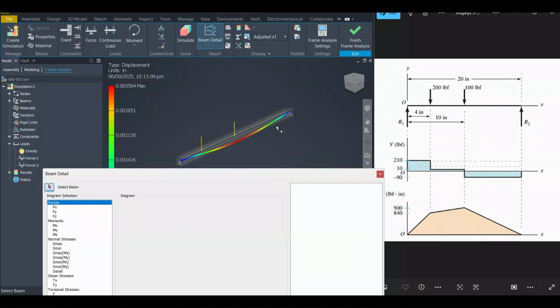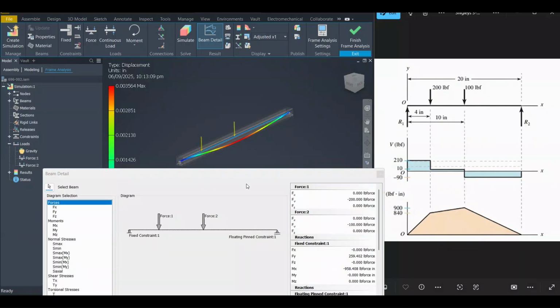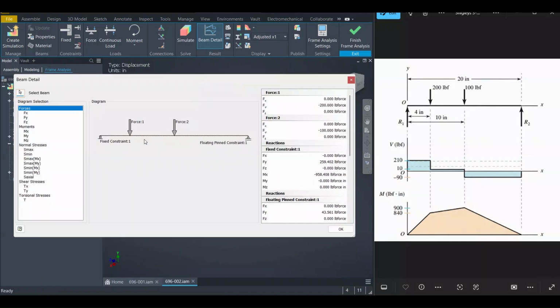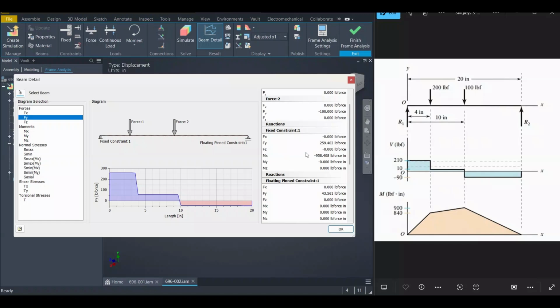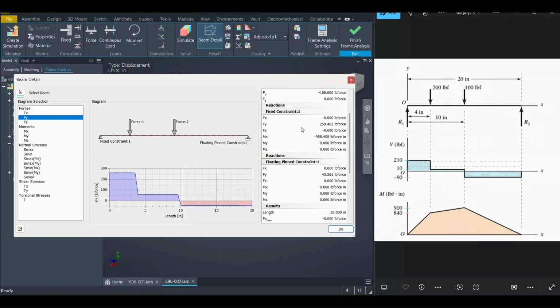In here, you need to click on the beam because you could have multiple beams. In this case, we have just one, and we will check the forces on Y. So we have here at the right the summary of stuff that we are getting from here. So as you can see,